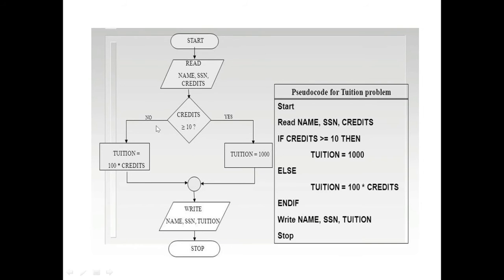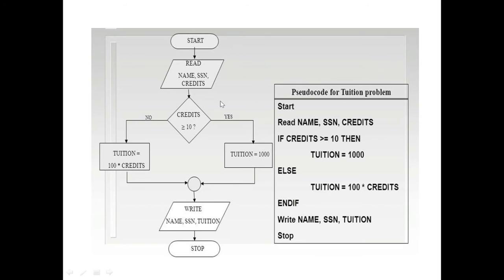So inside this particular example, we have the variable that we initialized and declared in the last input output block, called credits. So we are watching the credit here, that is, if its value is greater than or equal to 10. The decision making block will always be led by two ways: one is if that conditional statement is true, or if that conditional statement results in false. If it results in true, you will have one course of action, and if it results in false, you will have a different course of action.